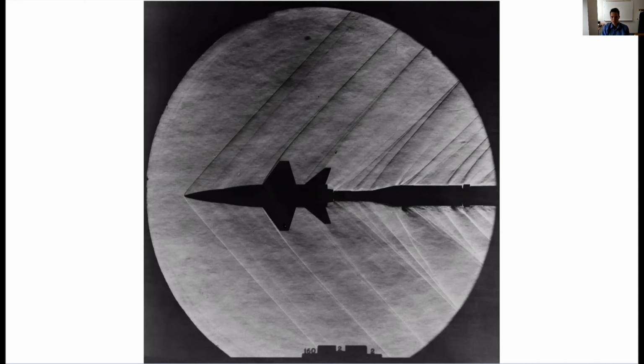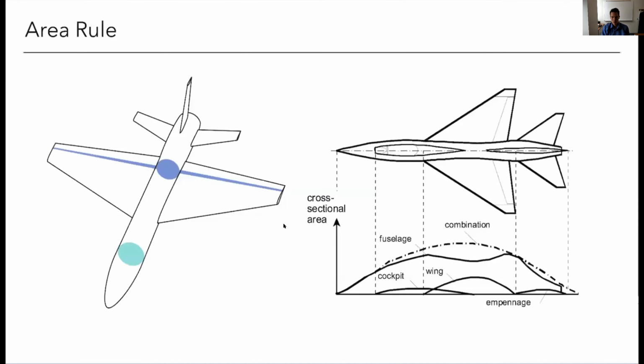Another consideration in designing these aircraft in supersonic flight is what's called the area rule. You could think of it this way: imagine I took my aircraft and chopped it up into these different cross sections. So here's one cross section, and here's a cross section where the fuselage has a circular cross section, but there's some part of the wing. And if I was to plot those on a